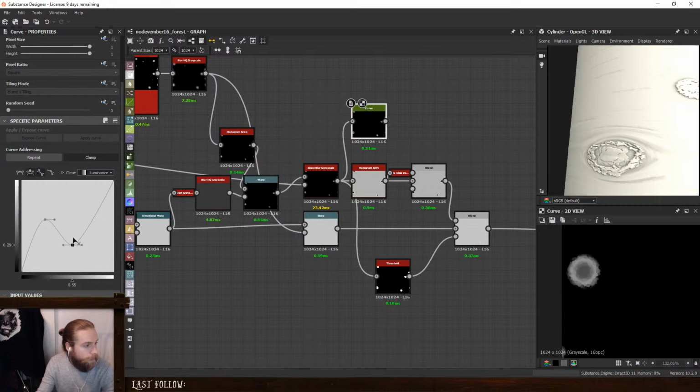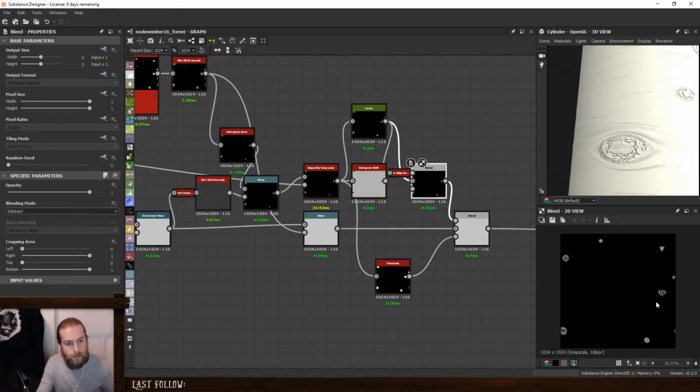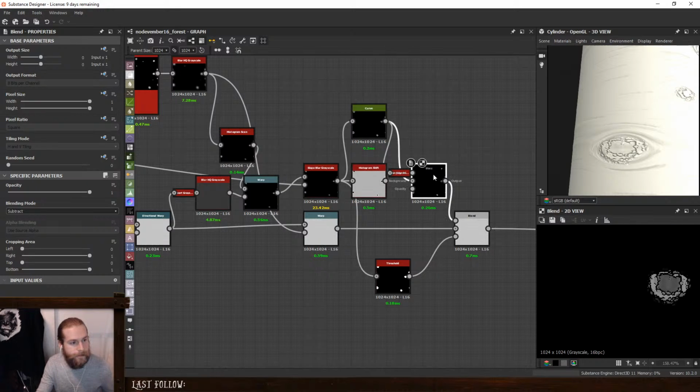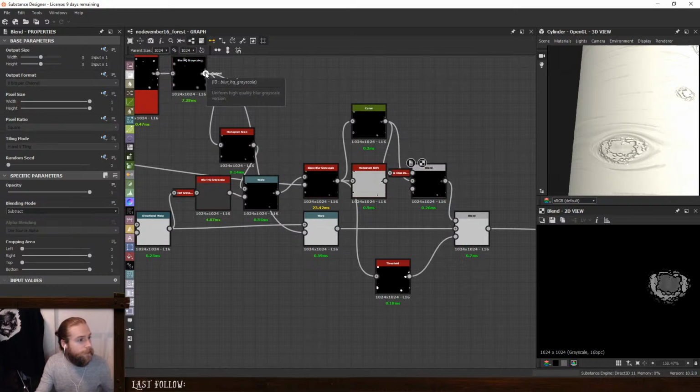Like up, down, up, down. Also looks fairly similar. And if I use this as a mask,